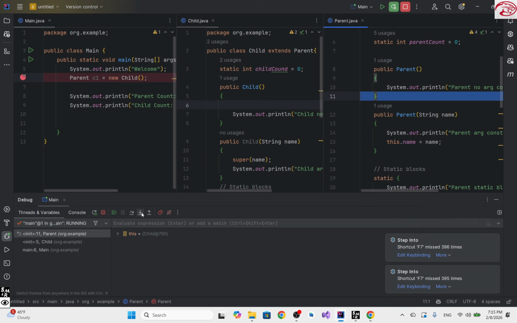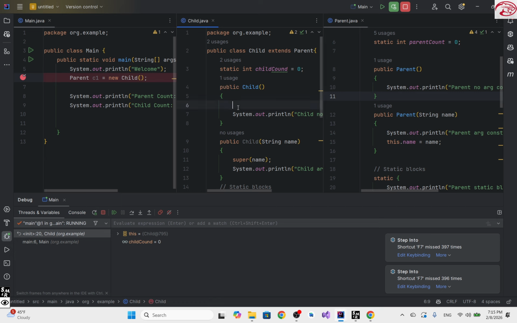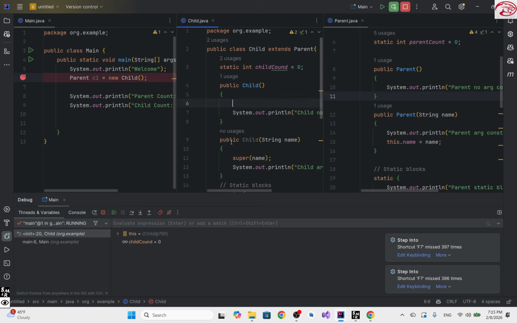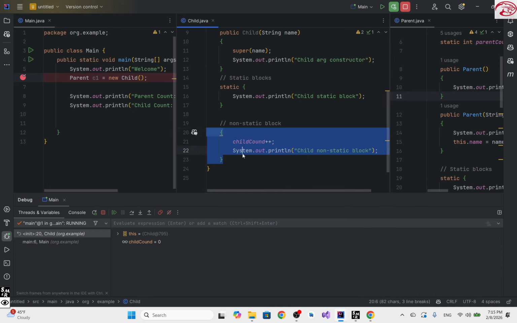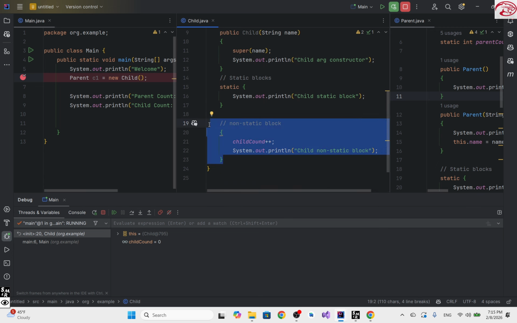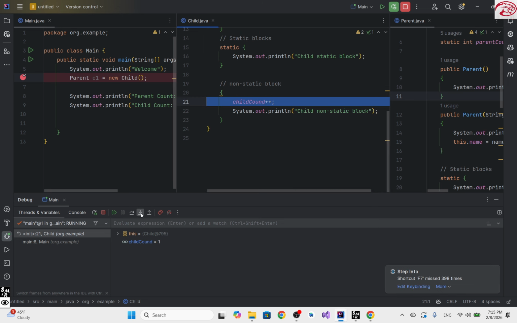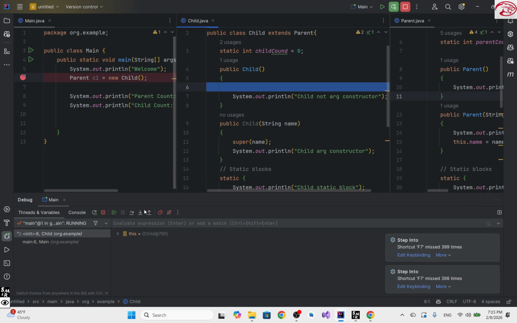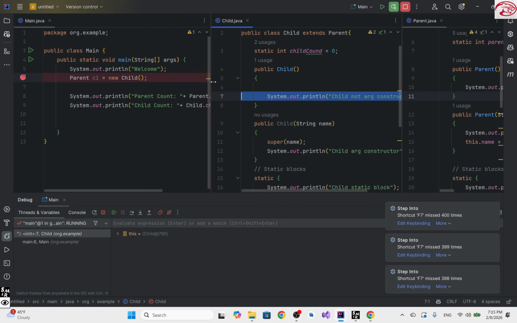Before we come here, we saw that we have a non-static block inside the child class. Also, before the constructor of the child class, we execute its non-static block. Increment the child count, print this one, and go back to the constructor of the child class, which is the no argument constructor. Print this one, create the object. Both the classes are loaded, the objects are created, and we return